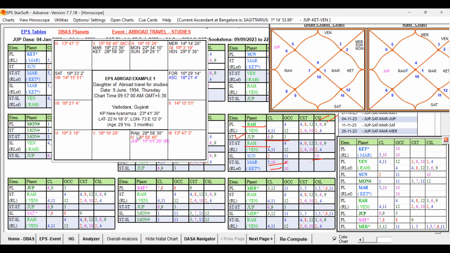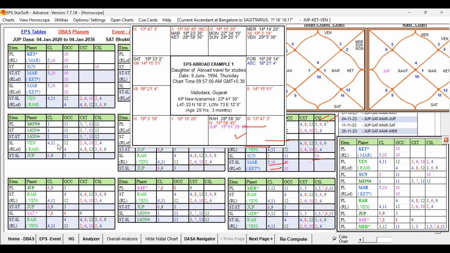So indirectly, Rahu is forming an indirect conjunction to the moon also. So Rahu and Venus are not only the sublord of the moon, but they're also forming a ruler link. Moon is also passing its significations to Venus, and Rahu is also passing, because moon is a good key planet, a green planet, 1, 11, 3, 7, 11, 12 sublord. So this is good. So it is all supportive.